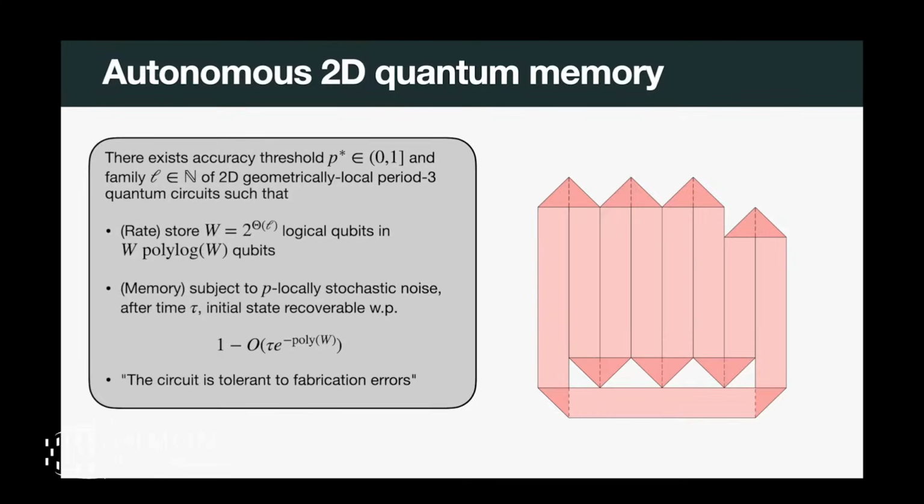Then something that you get for free is that the circuit is actually naturally tolerant to fabrication errors. If I have some dead qubit right here, as the code block propagates past, I have some location in the implemented gadget that's faulty, but that's fine. Every time that gadget gets executed, I have an error in that space-time location. But from the point of view of the propagating data and the gadget that was implemented, that's still a local error. So great.